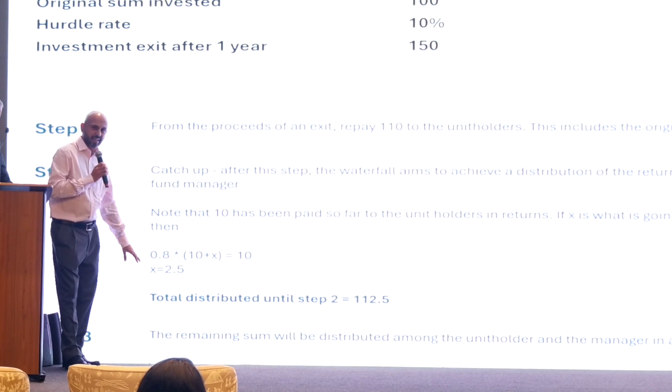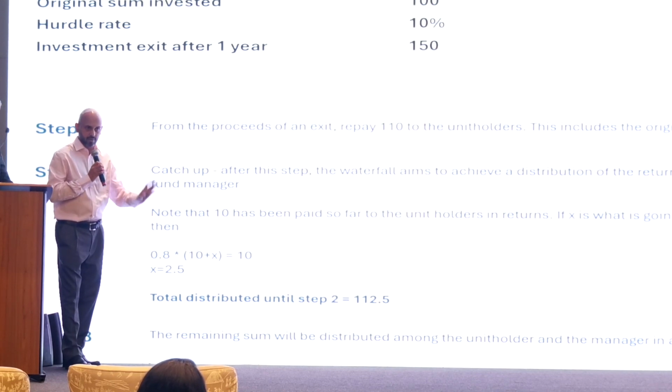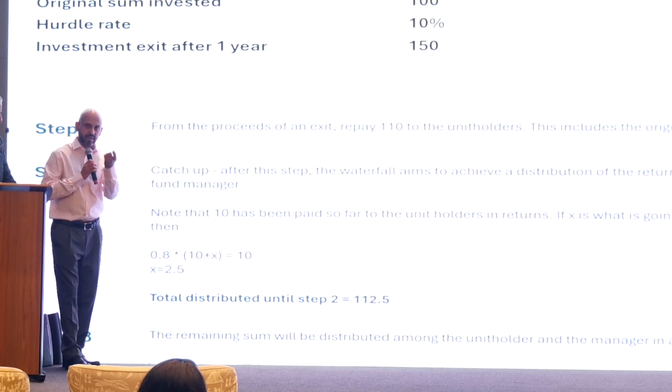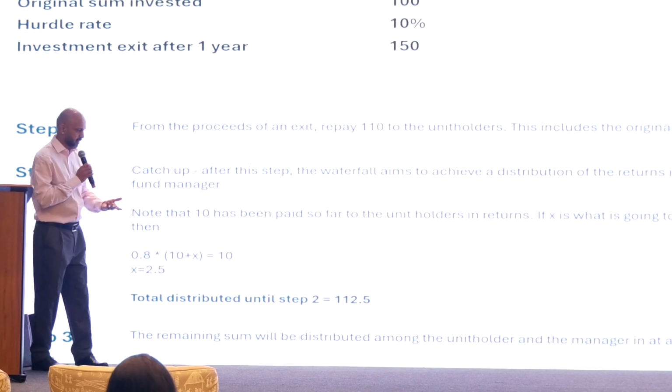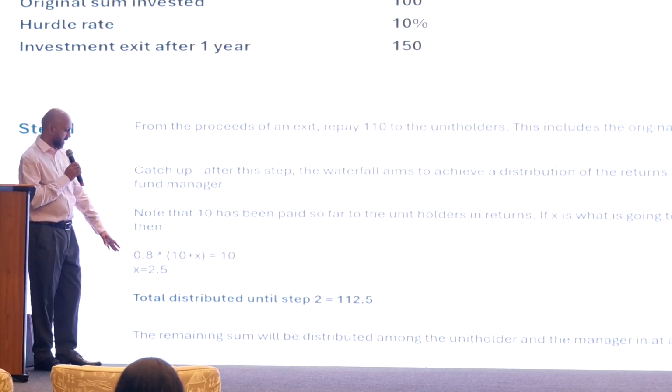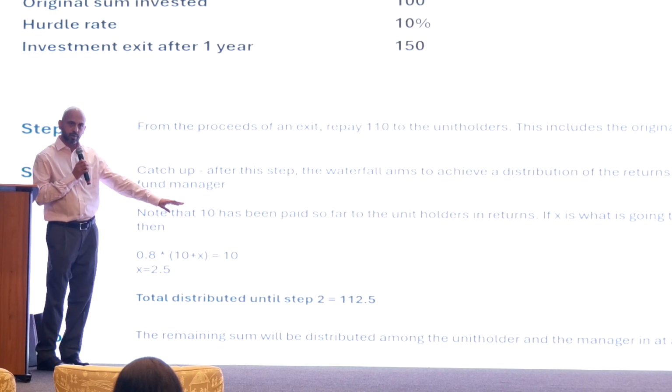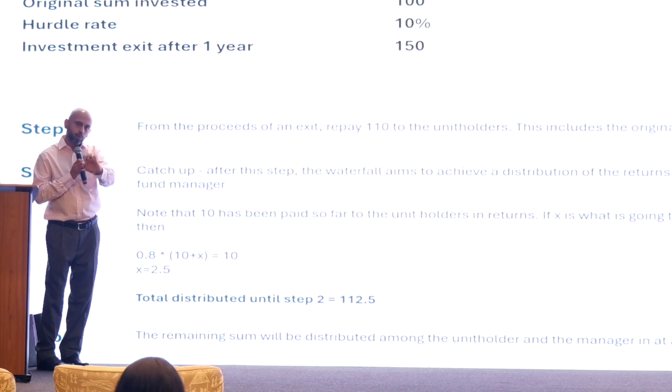And that basically solves for X. It's a fairly simple idea, but just drawing your attention to it, more to illustrate that the language can be quite detailed. And that tells you straight away that 2.5 is what has to be paid to the fund manager. And then step 3, so far until step 2, you have distributed 110 in step 1, 2.5 has been